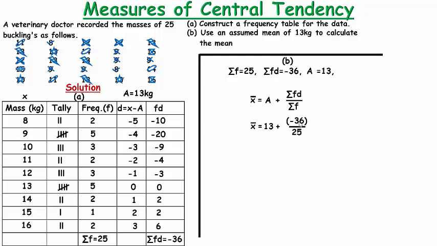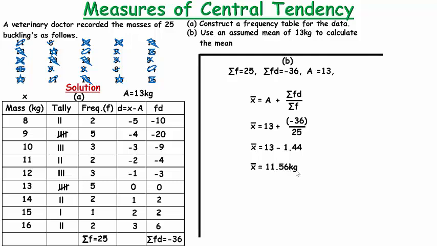Now I had to put minus 36 in a bracket because if this negative sign multiplies this positive sign, the sign will change. So I wouldn't want to leave it that way to avoid confusion. Okay, so I'll continue the solution. I'll write out my 13. So plus times minus is minus. 36 divided by 25 equals 1.44. And then if I find the difference between 13 and 1.44, it boils down to